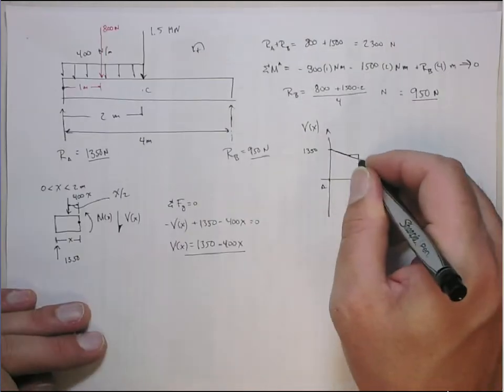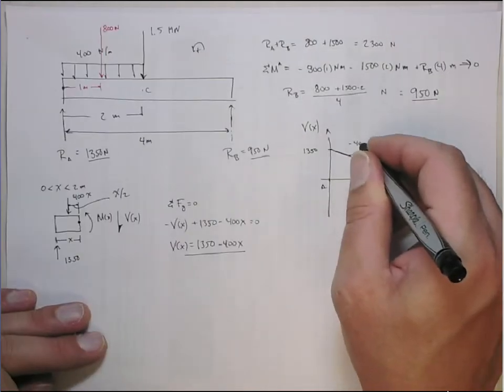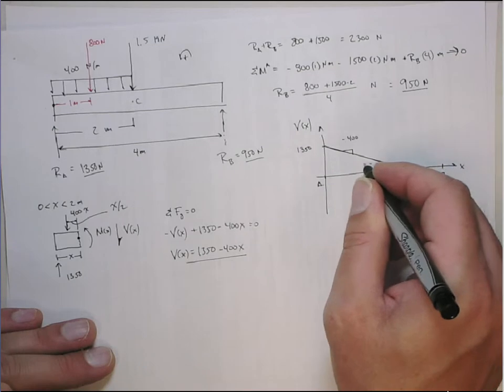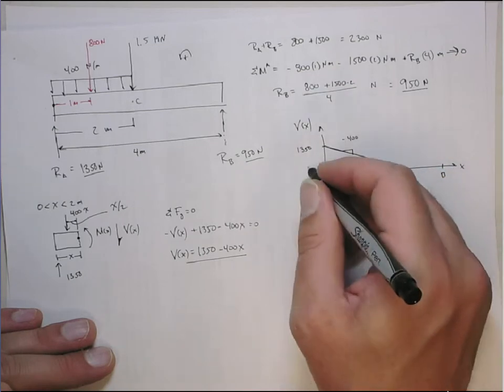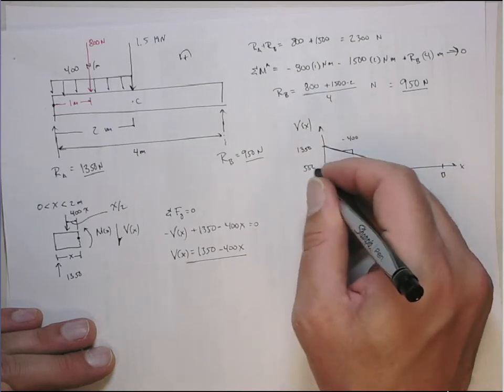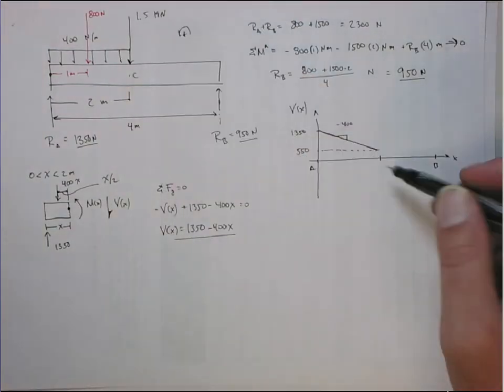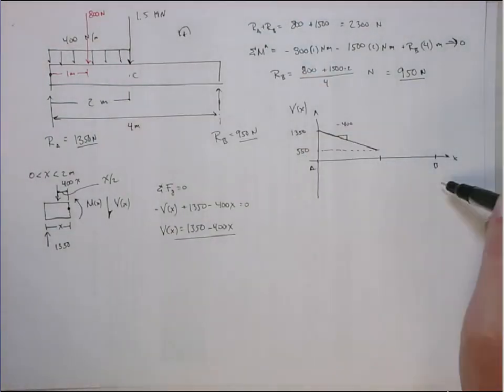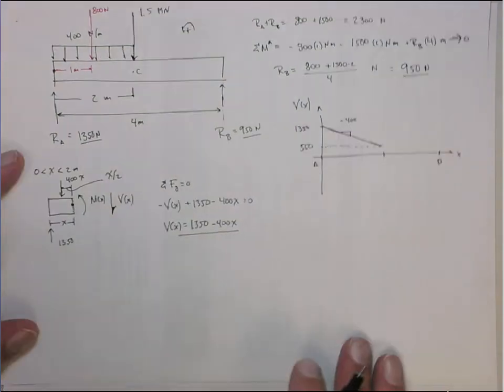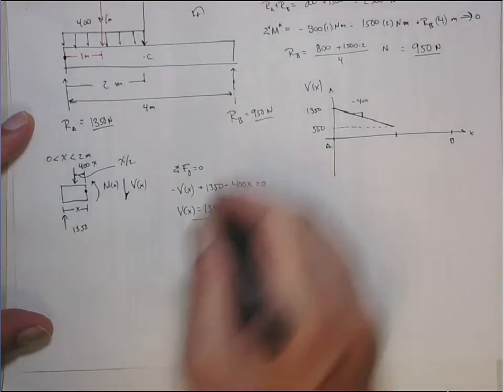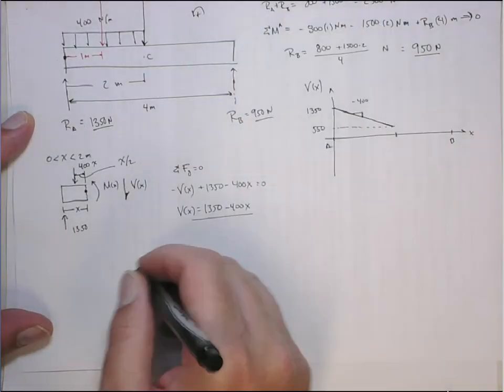The slope here is minus 400 until we get right to the midpoint, and then the shear here should be 550, okay? Now we have to drop because of this one, and then it'll go straight over to 950, is what it should be, right? But we can look at that. If you want to look at the left section,